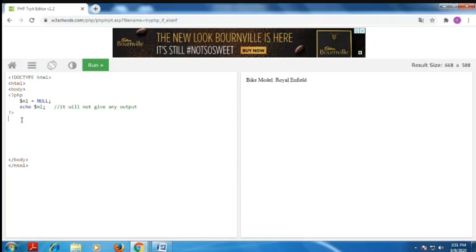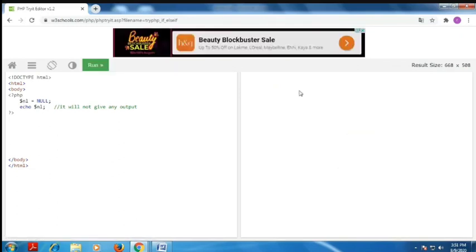See the example. Here I declare one variable, n1, and assign null. Null should be put in capital letters. If you put it in small letters, how is the output displayed? Let's see. Then I print this and run it. What is the output? There is no value. Here I put in small null. What is the output? Here also there is no output. So in either case, it will not give any output. This is the meaning of null.